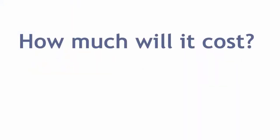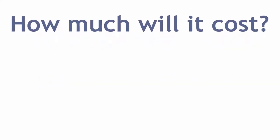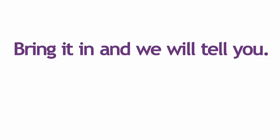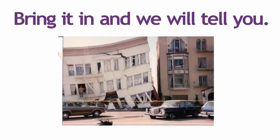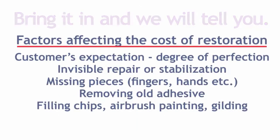Now, the two commonest questions we're asked in connection with repairs are, how much will it cost? And a related question, is it worth fixing? Now, the only way really to find out how much it's going to cost is for you to bring the item in. We cannot give any firm repair estimates over the telephone, or even from photos. The fact that a treasured item belonged to your great-great-grandmother and came over on the Titanic and was then involved in an earthquake in California, all these biographical details are totally irrelevant because the cost depends on a large number